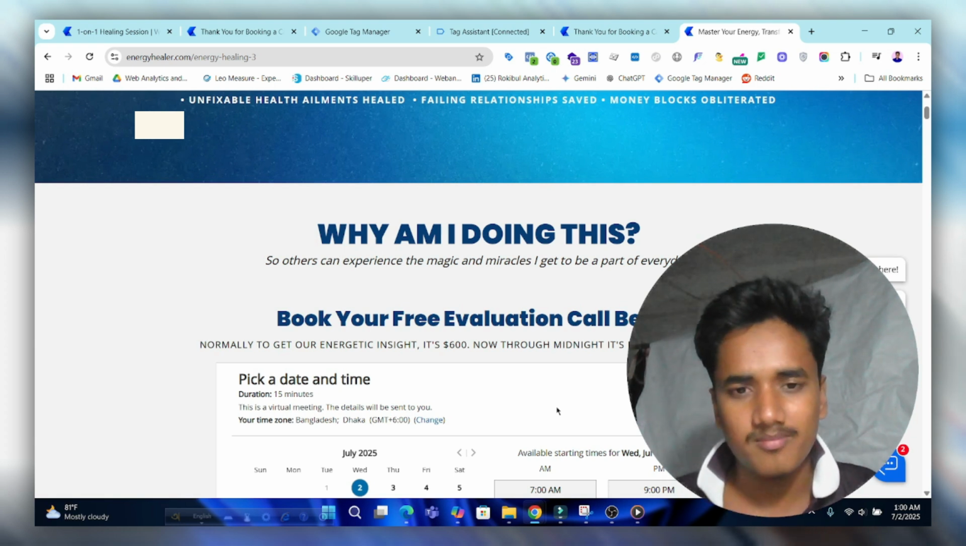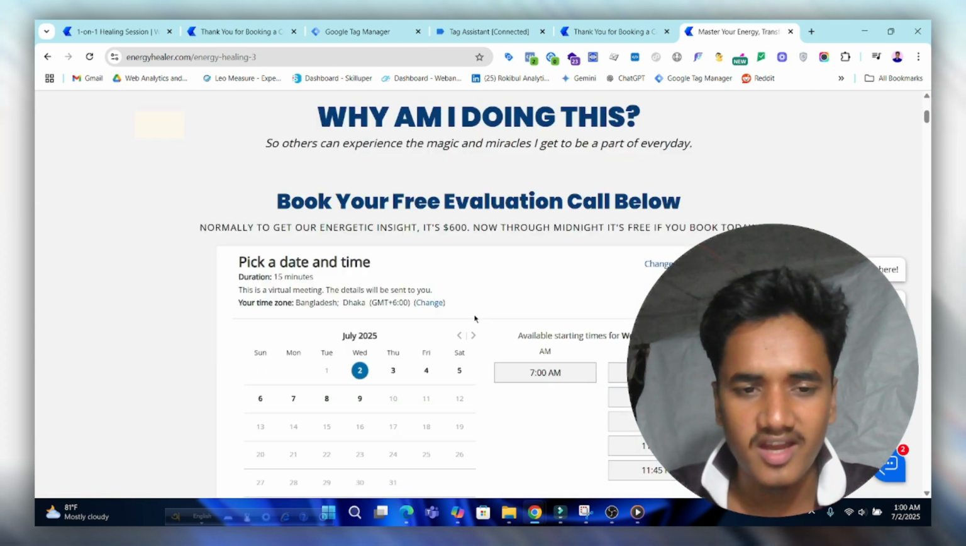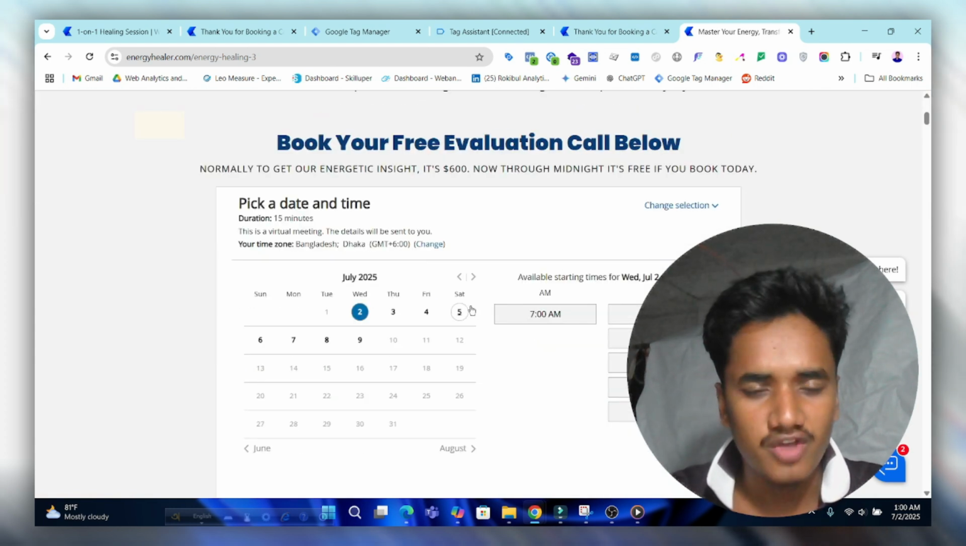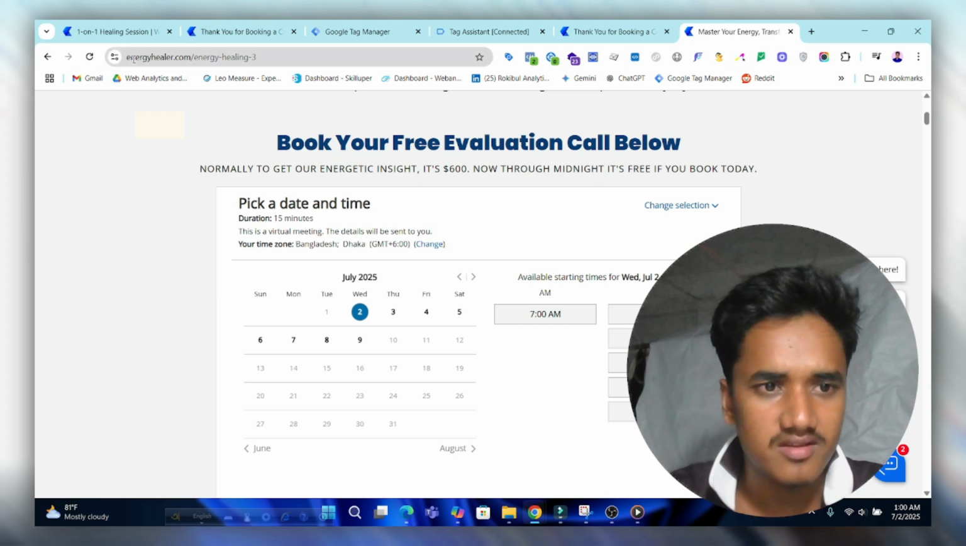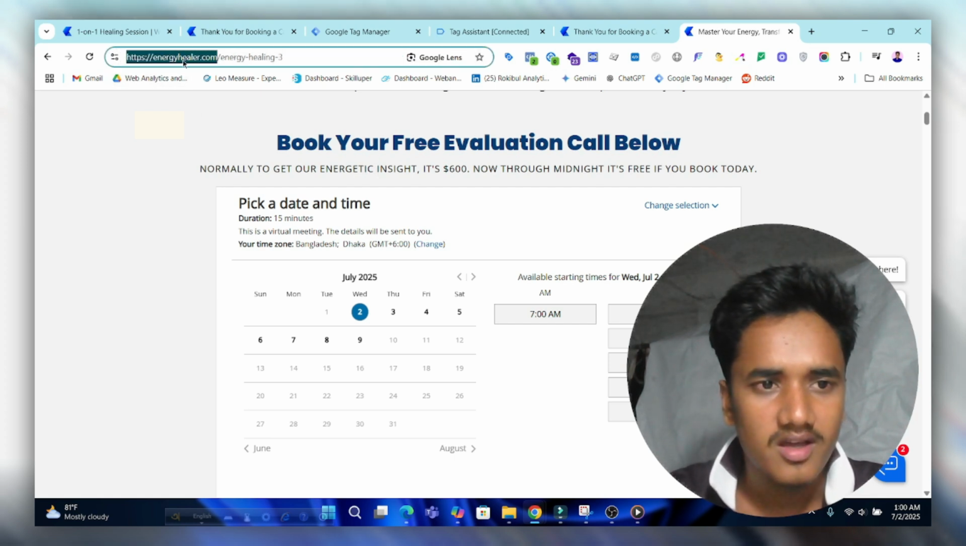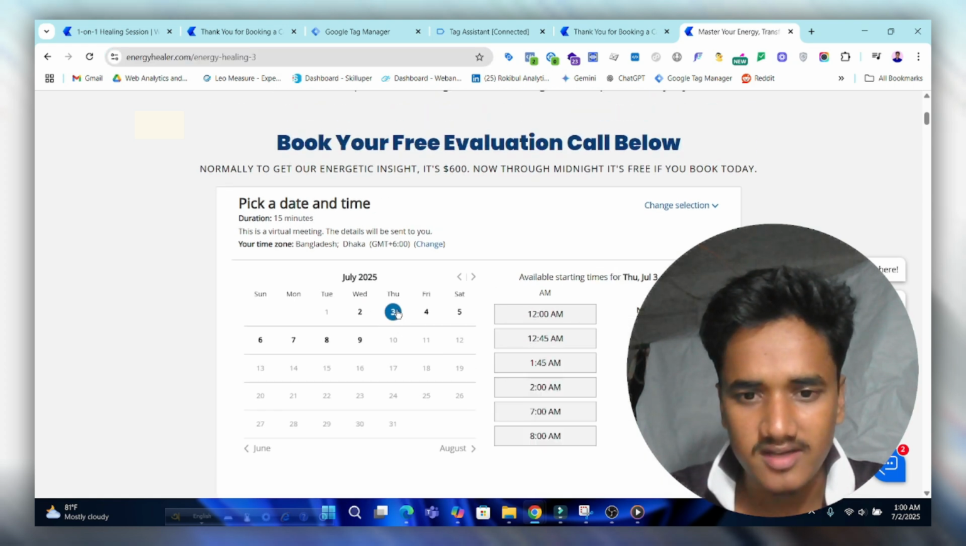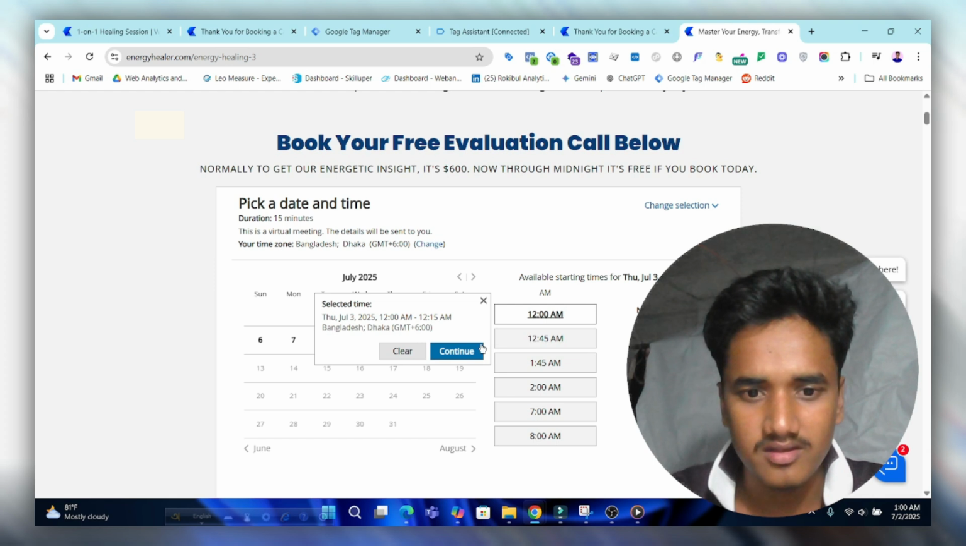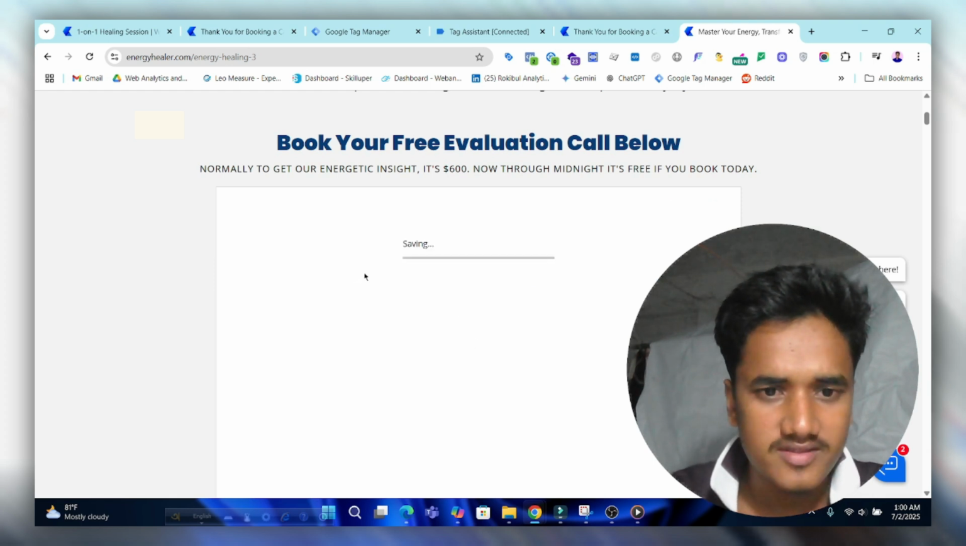Now I am showing a video on Go High Level booking form conversion tracking. This is the booking form which is embedded in this domain and website. When someone selects the date and time and then clicks continue, there is a page to provide